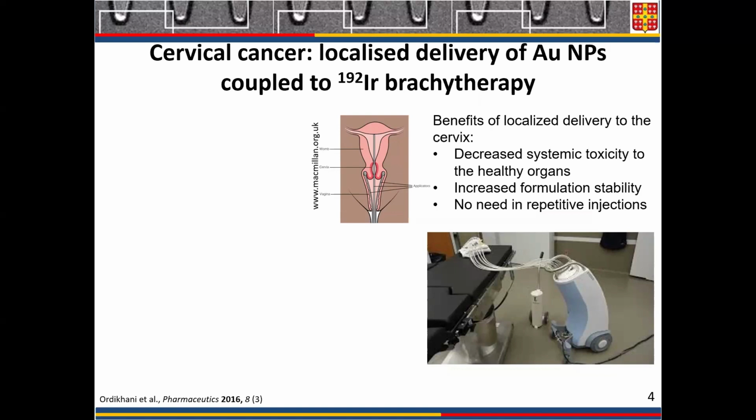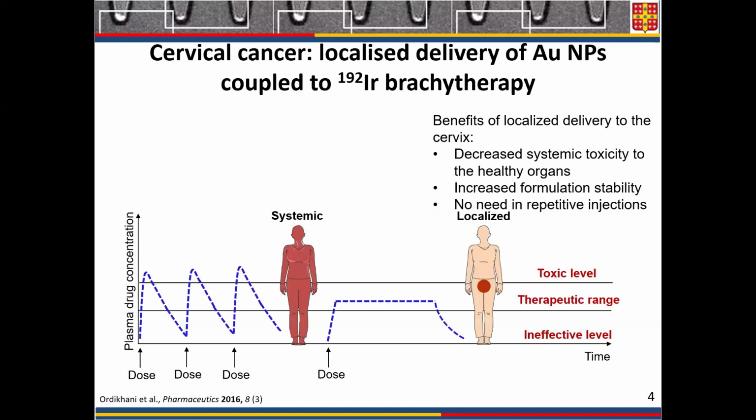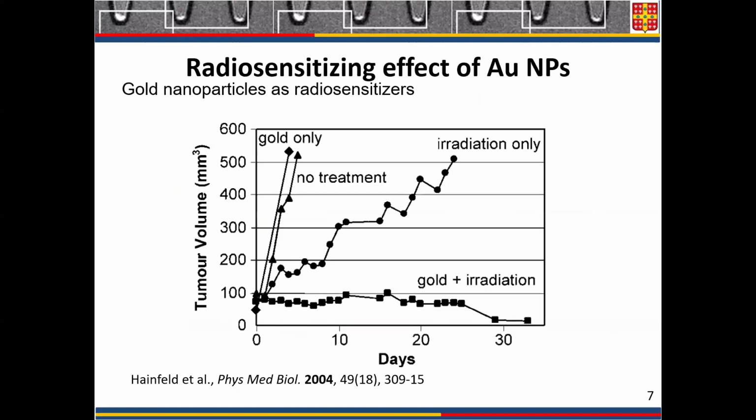So that's why a topical application by a gel for the delivery of gold nanoparticles after the insertion of a radioactive source inside the patient is a strategy that can have a chance to make it to the clinics, because it avoids a lot of toxicity related to nanoparticles. And I will go quickly on